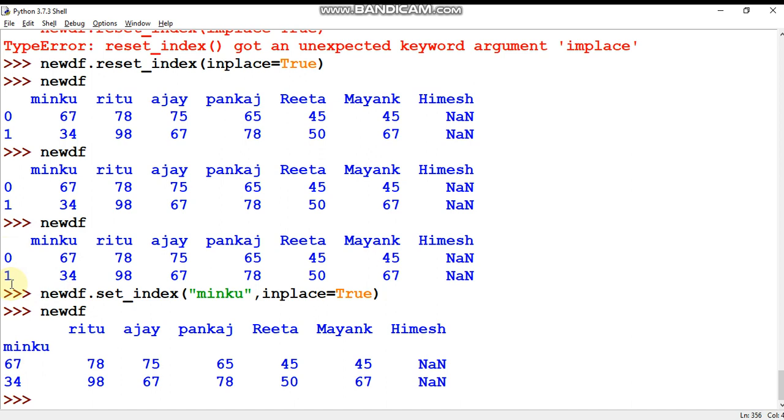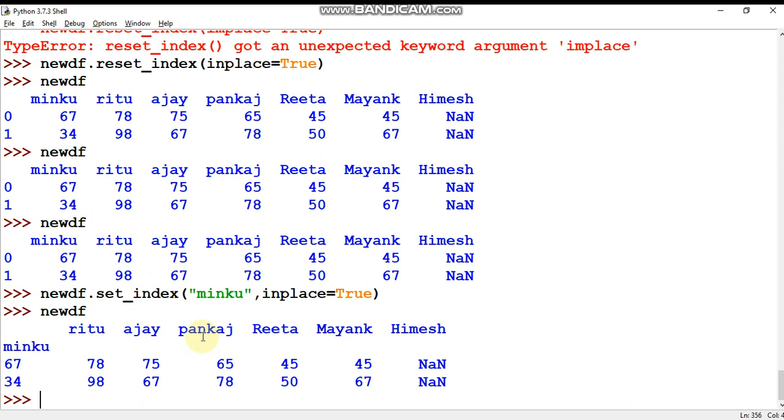Now once again I'm going to repeat, if you want to make any column as an index, row index, so for that there is a function in a data frame. That function is called set index, and by using this one we can make any column as an index.